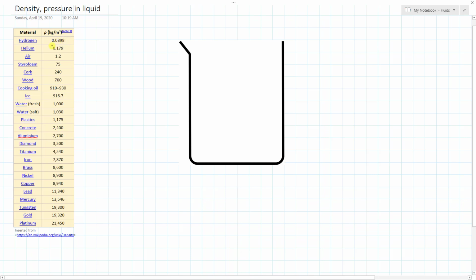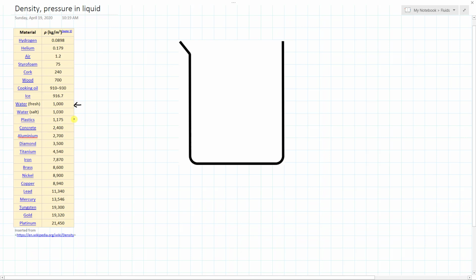As we see, gases have very low density in the singles or even a fraction of one. And then we have some styrofoams, corks, and wood that is lower than about 1,000. Cooking oil is close to 1,000 with ice, and fresh water is 1,000 kilograms per cubic meter. This is a nice point of reference, the water's density, because we can tell that denser than water and less dense than water will sink or float. And salt water is slightly denser.